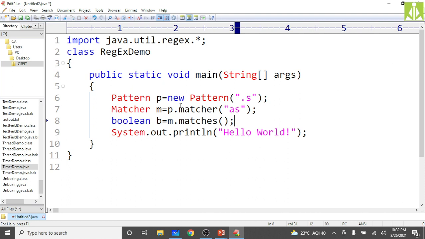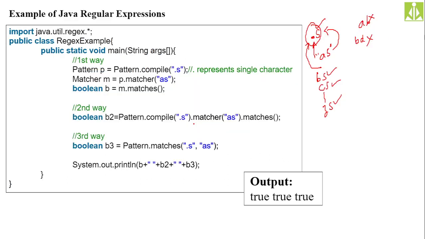This p is the regular expression and this m is the matcher, and this matches method will perform the match between them and return a boolean value. If the match is successful, it will return true. That means if the string is satisfying your regular expression, it will return true, otherwise it will return false. So that we will print now.